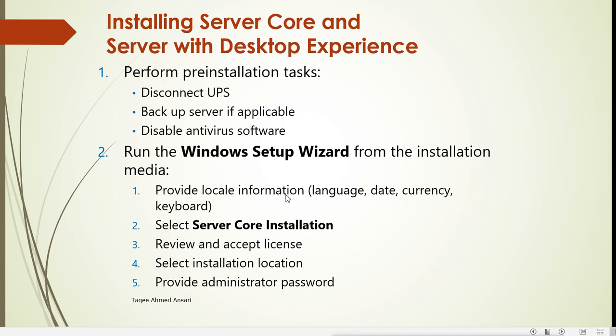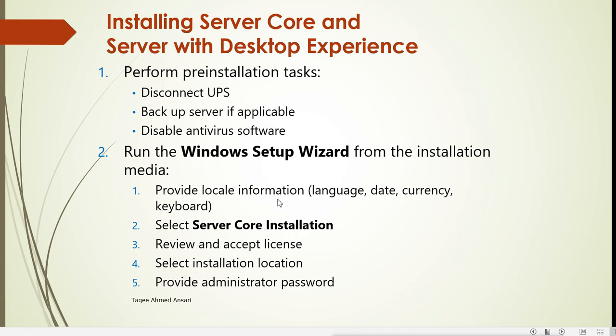Now for installing the system, we have these options. How do we start the installation wizard? We will put in the installation media. Either we use a DVD for installation, or a bootable flash drive, or we can even start it from the network. Whichever we use, it will go to the installation wizard. When we boot from the installation media, DVD or flash, you have to press any key to boot from the DVD. When we press enter, it will start the installation wizard.